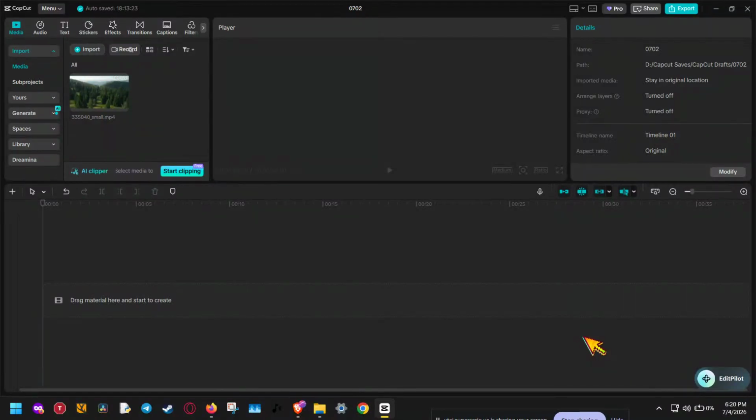In today's video, I'm going to show you how to add a stroke to an image in CapCut, step by step, so you can make your photos or cutout subjects stand out with a clean outline. This is a super useful trick if you want your image to pop more in edits, thumbnails, social media videos,